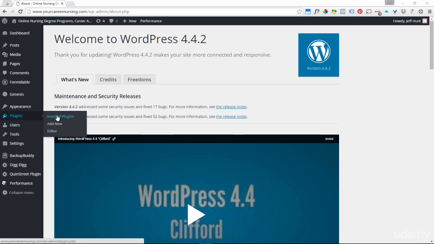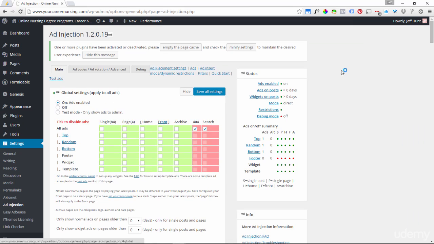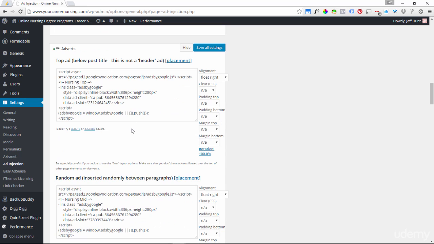In this case, I actually have a plugin installed for use with AdSense, and on this site there are several of these installed because certain pages worked better with certain plugins. But one of the plugins that I use most is called Ad Injection. And here is another plugin that I use in certain cases, Easy Plugin for AdSense. I usually only use Easy Plugin if Ad Injection isn't working for some reason or on all of the pages, which is rare. But we'll click on Settings under Ad Injection,